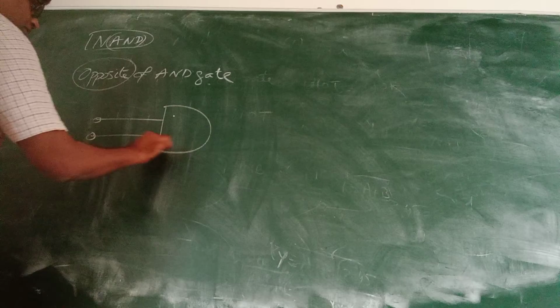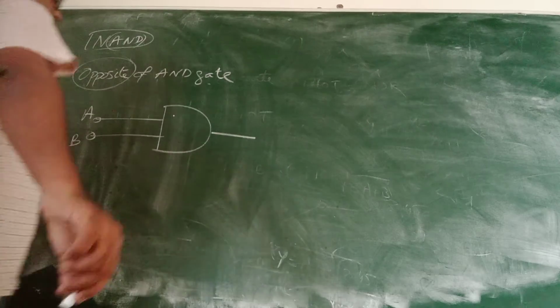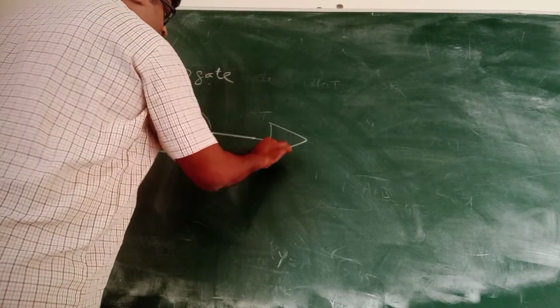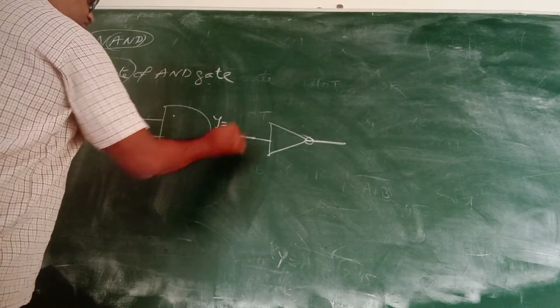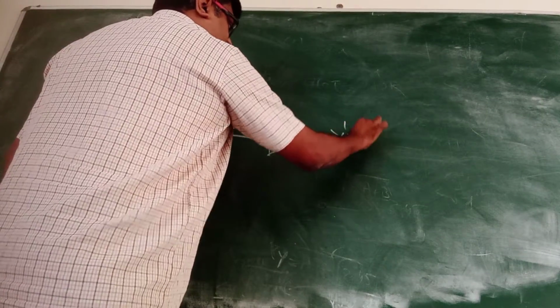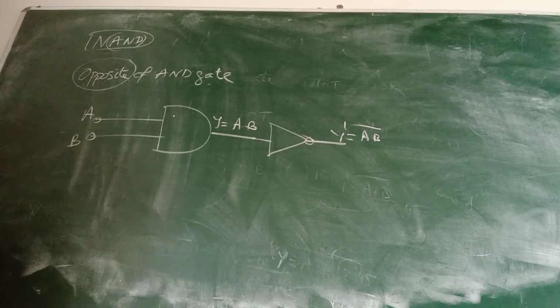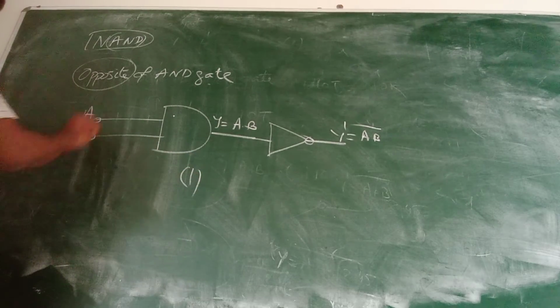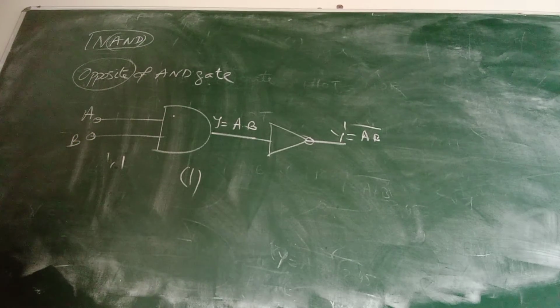So NAND gate, how do we used to show? Put a straight line, draw a D here. This is your AND gate, right? And here you put a NOT gate. So here, as per the Boolean algebra, A dot B, and here you get final output as A dot B, and on top of it a bar. Bar represents reverse of that. So basically in an AND gate, if you want to get a high signal 1, both have to be 1. A has to be 1 and B has to be 1. If one of them is 0, you cannot get a high signal.